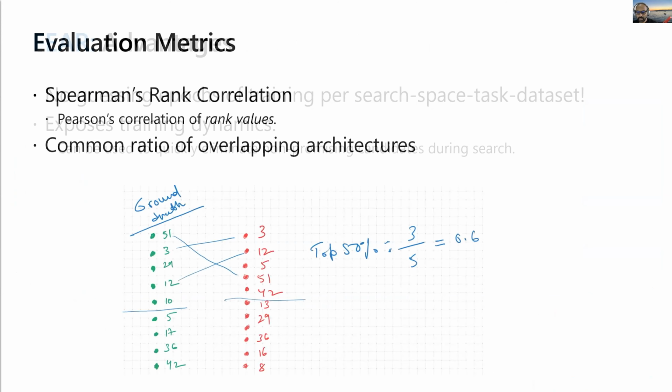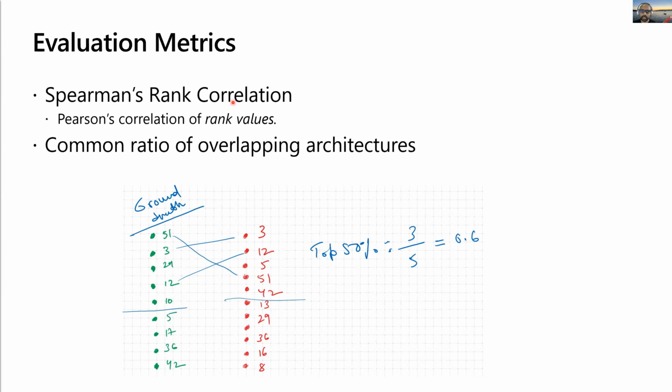Okay, we've done some evaluation on the benchmarks. Just for people who are not familiar with this kind of ranking correlation, we use Spearman's rank correlation to report how well the ranking that FEAR comes up with correlates to the ground truth ranking of architectures. Recall the ground truth ranking is what you would come up with if you had fully trained the architectures and then taken the test accuracy.